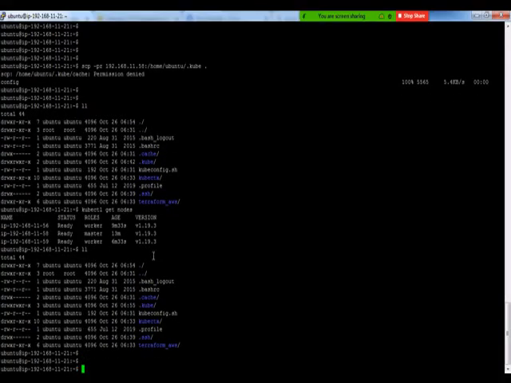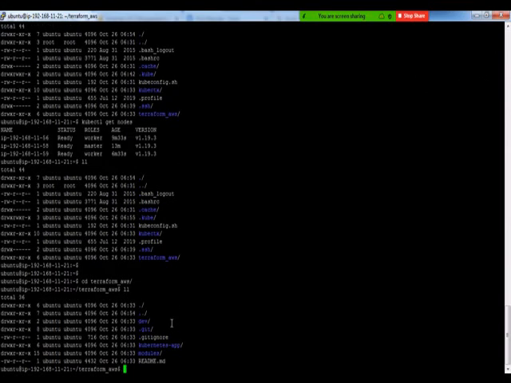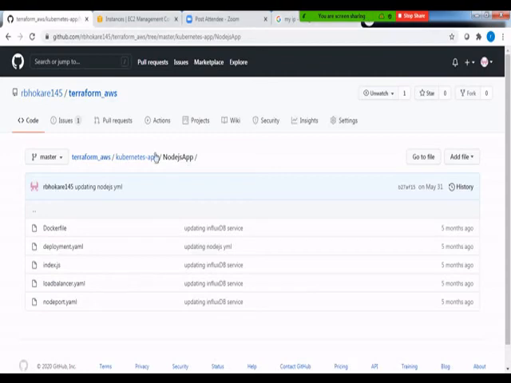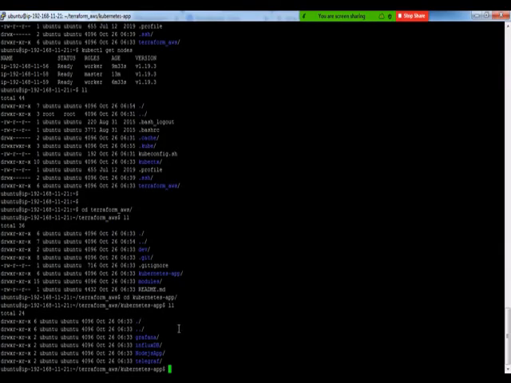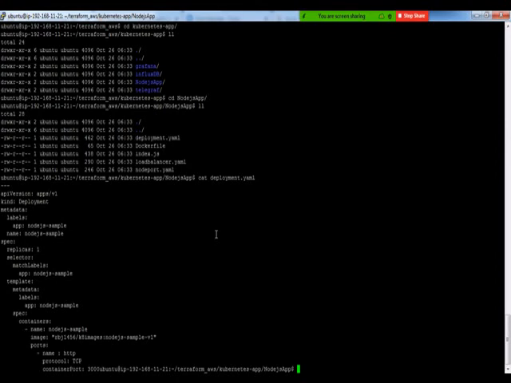So again, as a part of the bootstrapping, I already have the Terraform AWS repository made available on the Jumpbox, so you don't need to clone it any longer. You just need to go to that directory, which is Kubernetes Lab app. So you can see that I'm exactly there in that repository on my Jumpbox, and I can go inside a folder called Node.js. Here I can see all this set of files, the application file. So I'm going to deploy a sample Node.js app, and this is the deployment manifest file for the application which I want to deploy.